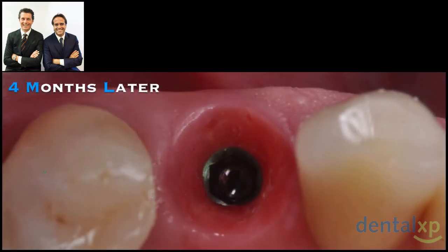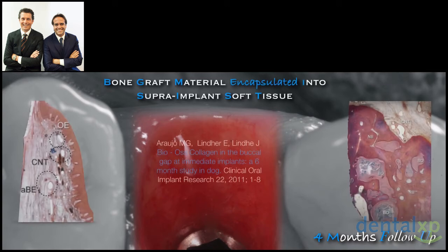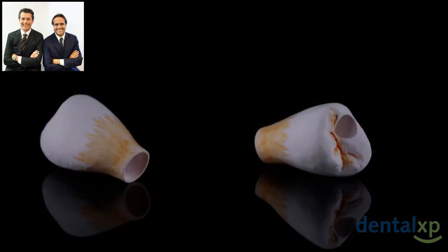And look, 4 months later, this is the occlusal view. Yes, the occlusal view at 4 months follow-up, notice the increased thickness and the stability of the soft tissue. Most of the time, the bone graft gets encapsulated into the supra-implant soft tissue, giving then more strength to the tissue itself. And then we can finalize the case. We already have the record of the impression, so we can send everything to our lab, and our lab can finalize and do the final characterization on top of the